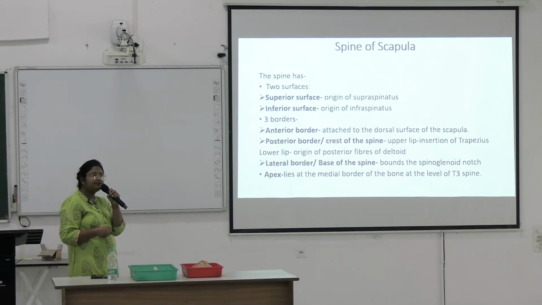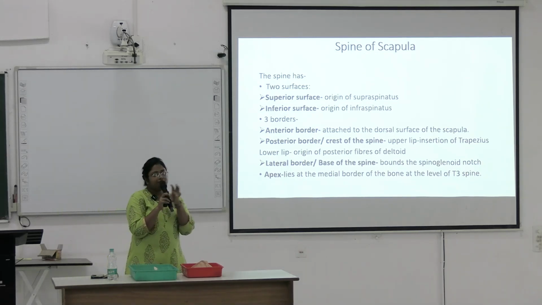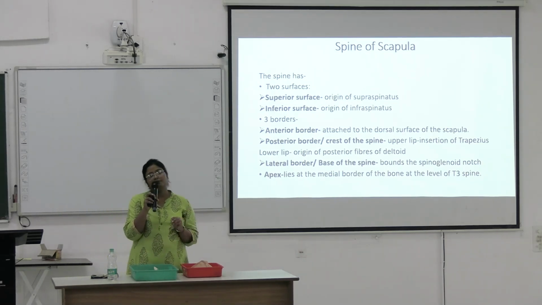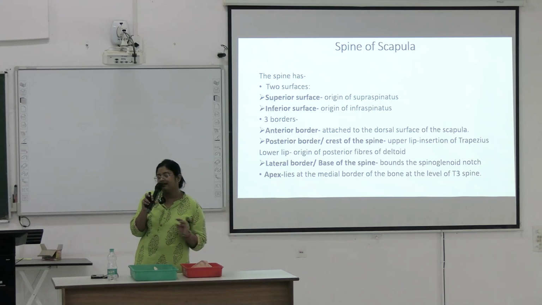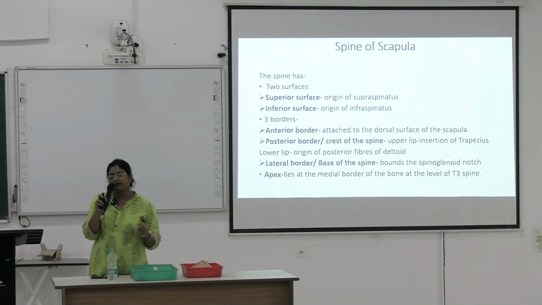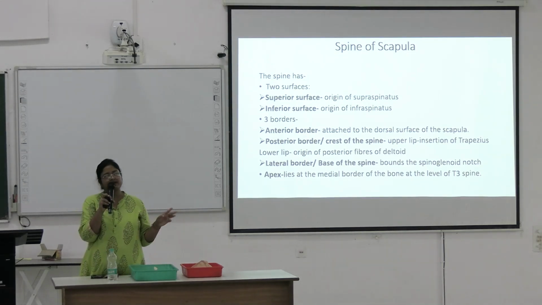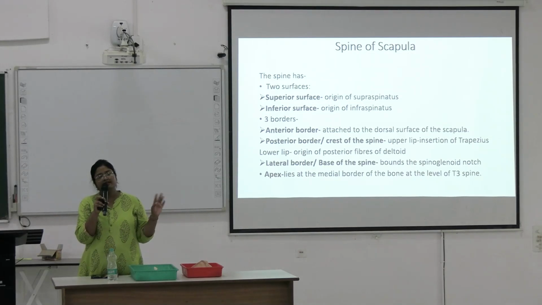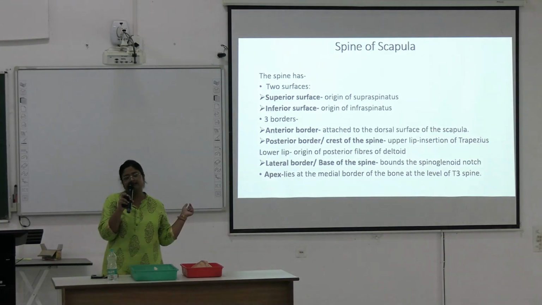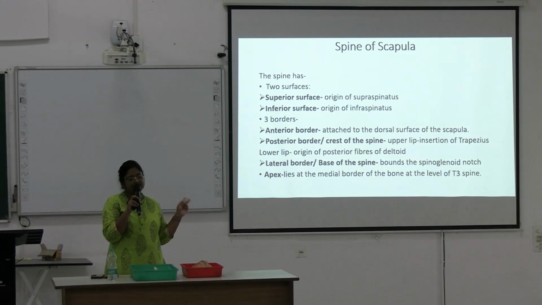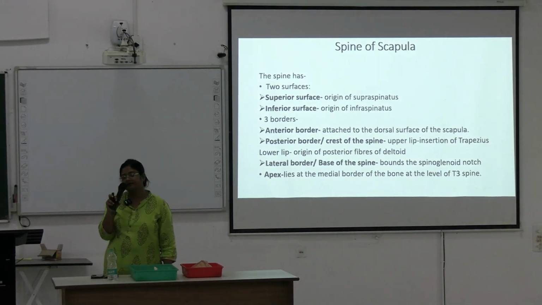And those who have bone sets, you bring the bone to your class. Whichever bone will be taught, you should bring it to your class so that you can understand clearly. Okay, so tomorrow we will discuss the humerus. Everyone who has those bones should bring the humerus, and along with the humerus you can bring the scapula and radius and ulna, because there is articulation with the humerus, scapula, and radius and ulna. Okay.